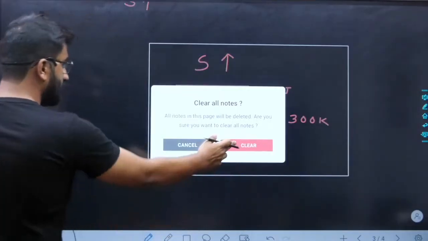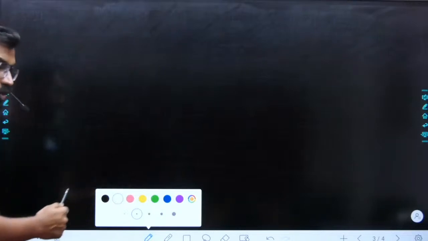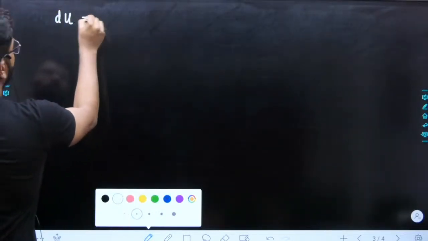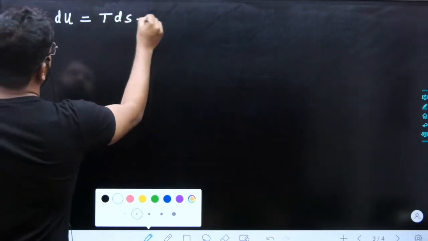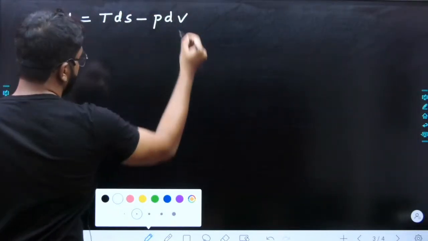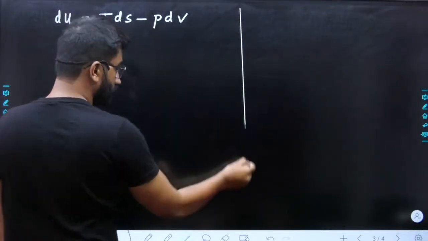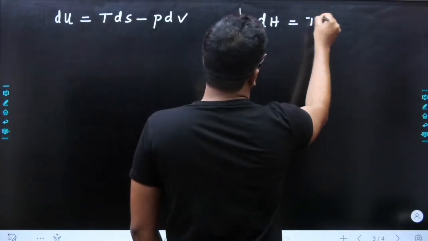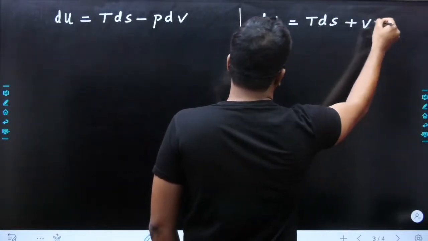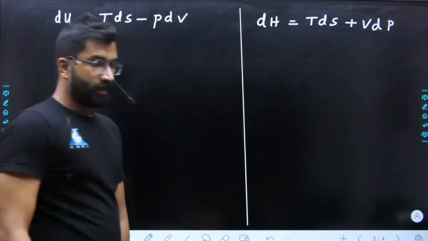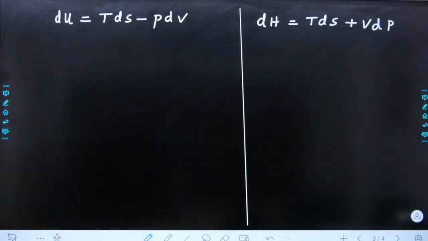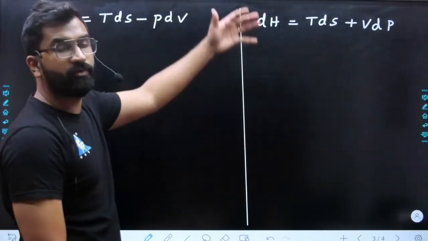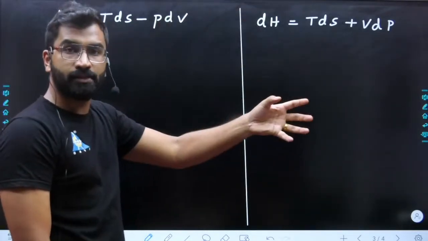Entropy में और क्या है equation important? Entropy में important equation ये है, you have dU is equal to TdS minus PdV. ये equation important है. And you have dH is equal to TdS plus VdP. ये दोनों इक्वेशंस आपको याद रखना है. एंड मोस्ट इंपॉर्टेंट पार्ट ये है, ये दोनों इक्वेशन से यू शुड बी एबल टू डिराइव योर आइडियल गैस एंट्रोपी